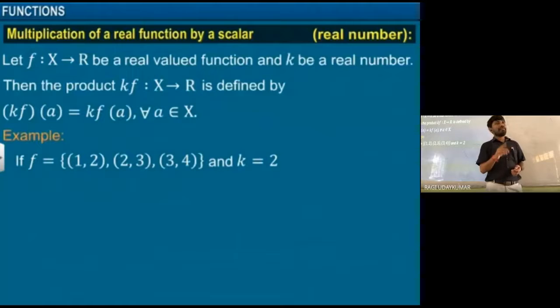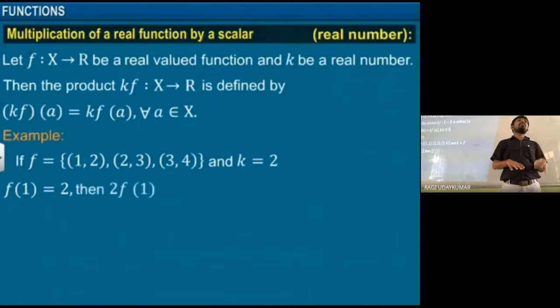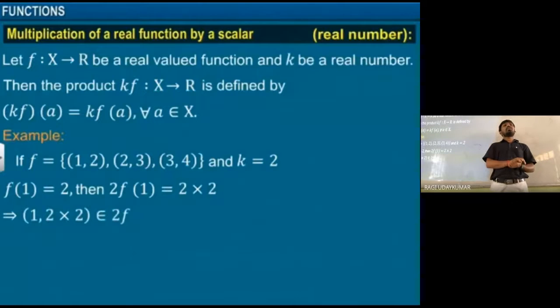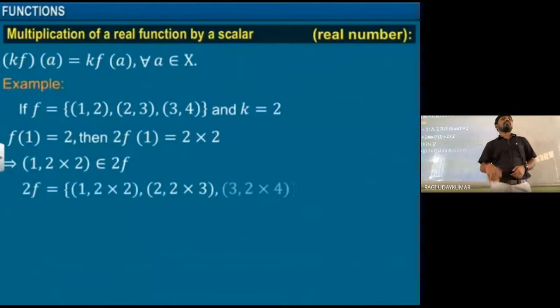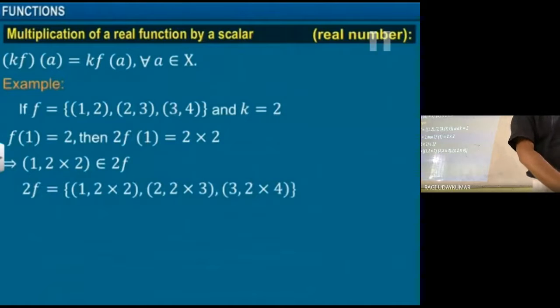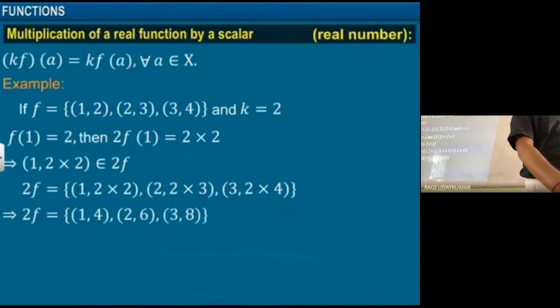What here kf is the function you need to get. F of 1 is equal to 2. Then 2 into f of 1 is equal to 2 into 2. Every element को 2 multiply करना. So that is nothing but 4 we are going to get. 1 comma 4, 2 comma, what do you get? 2 comma 6. Because constant 2 should be multiplied. So 2 comma 6, 3 comma 8. Because 3 comma 4 is present, और 4 को 2 multiply करना. Function को 2 multiply करना is nothing but इसको 2 multiply.